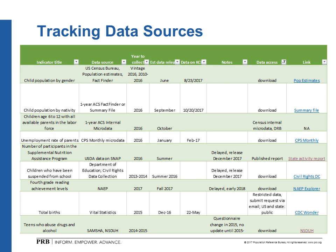So here is a snapshot of the tracking database that I use for the National Kids Count data collection that we do on the data center. And I do make a new version of this database, every single year. And I do it that way to help me keep track of year-to-year changes in data collection. So I have this file organized so that I can see every single indicator that is on the data